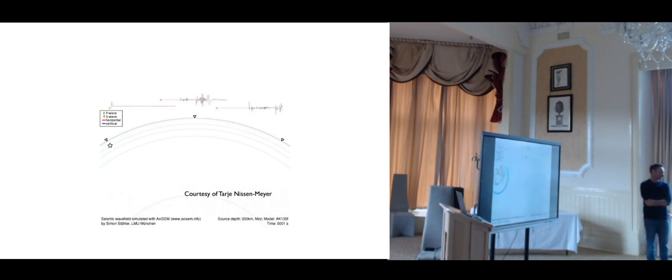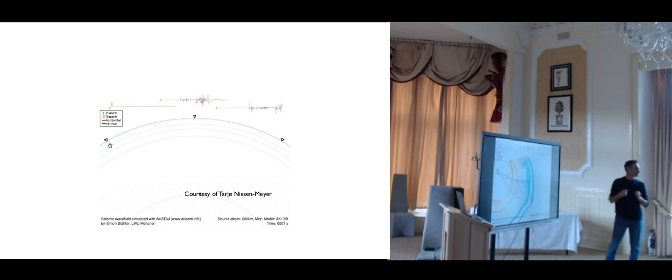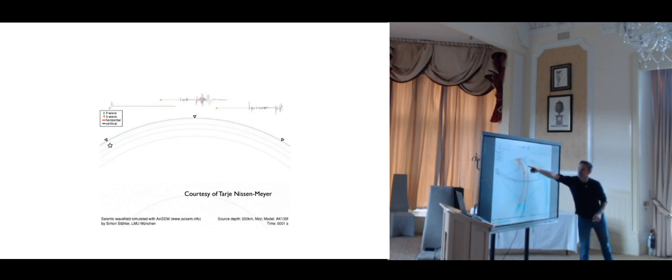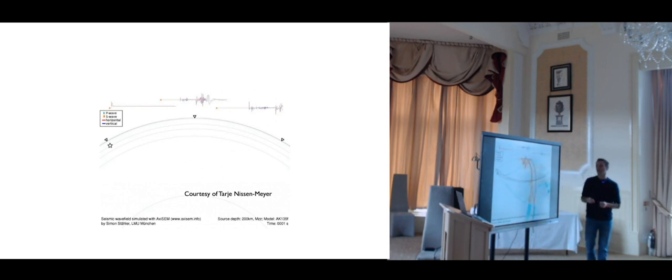This is AXISEM. So we are now able to, from here it's a 1D model, but we can do that on 3D models, to compute numerically and very accurately the entire wave field in the Earth. So in blue here you see the P waves, and you see the surface waves, you see the S waves in red, and you see that a lot of reflection of S waves actually makes a surface wave.